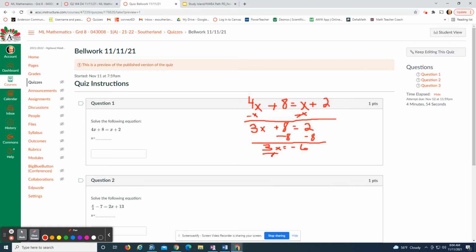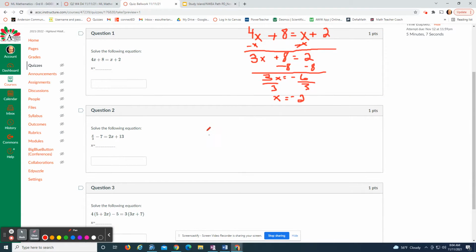Now, then you want to divide by 3, and you get x is equal to negative 2. Now, question 2 is quite a bit harder. You've probably not done a problem like this before. So you have x divided by 3 minus 7 equals 2x plus 13. So the first thing you want to do for this one